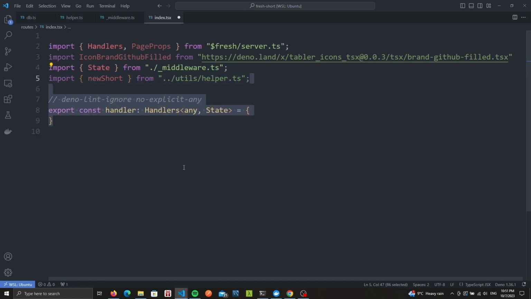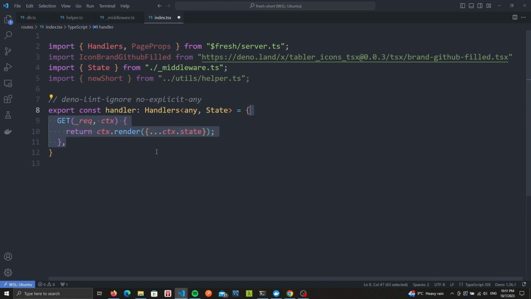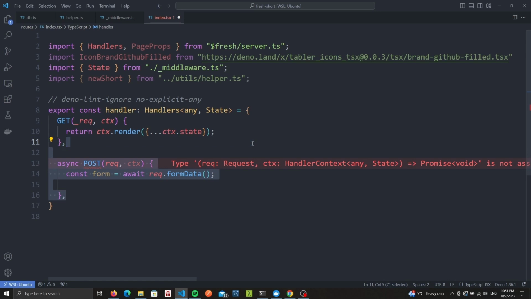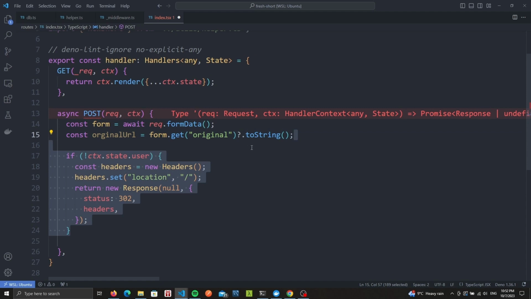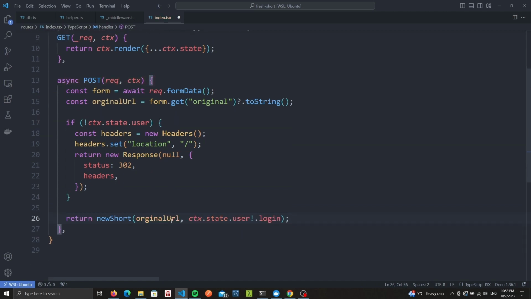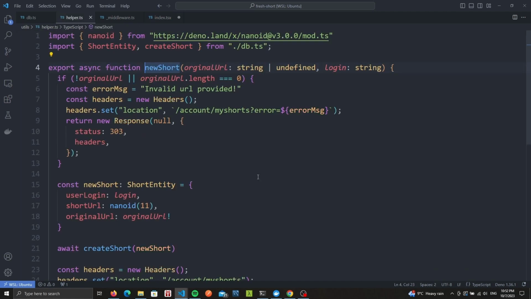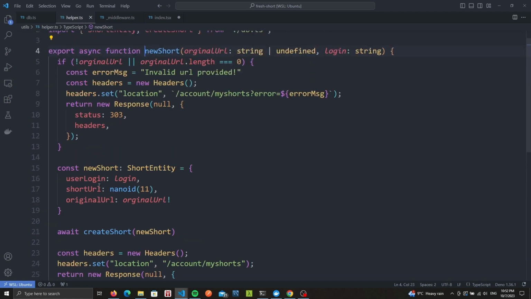I'll create a handler for handling get and post calls. For get, we're just going to pass along the state so we have access to it in the page component. Our post handler will get a form. The form will have an input named original, which represents the original URL that we're trying to short. If the user is not logged in, we won't do anything and we'll just redirect to the home page. Otherwise, we call our new short helper function, which will create the short for us and redirect to the account